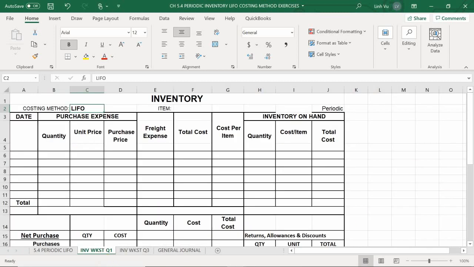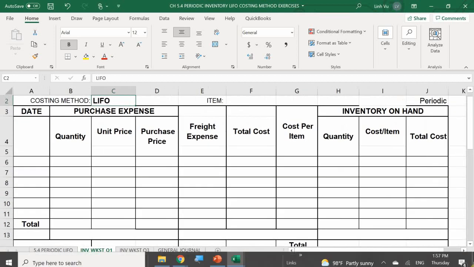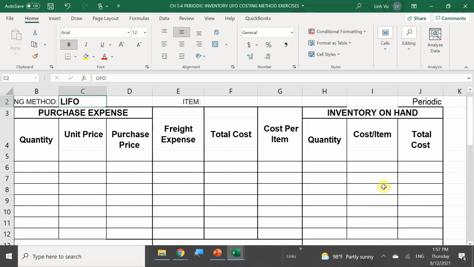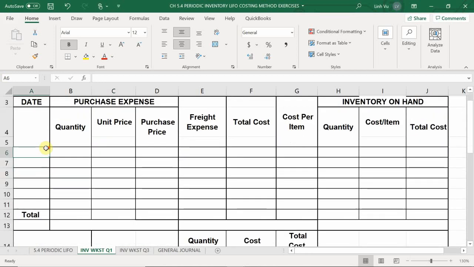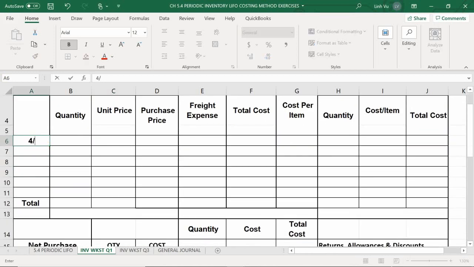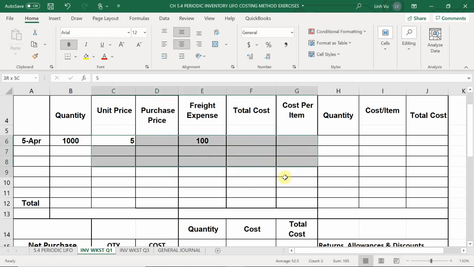So inventory worksheet number 1, and let's plug these numbers in. Okay, starting from the very first one, right? Remember, this is LIFO. It is April 5th. We purchased 1,000 units at $5 each with the freight costing $100. Okay, so can someone tell me how to calculate